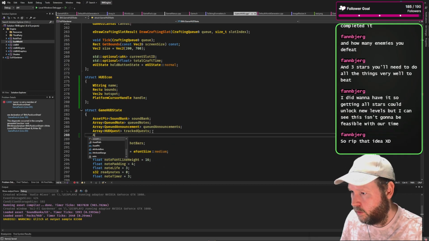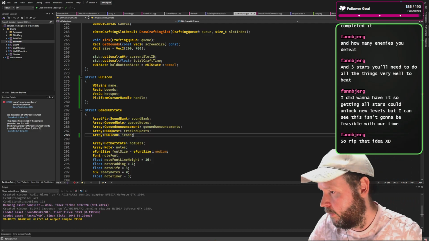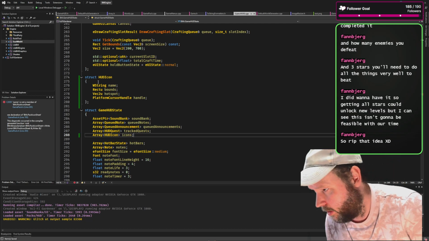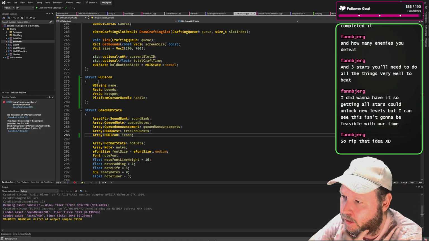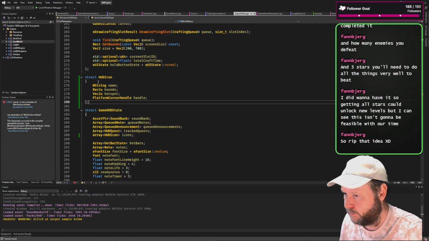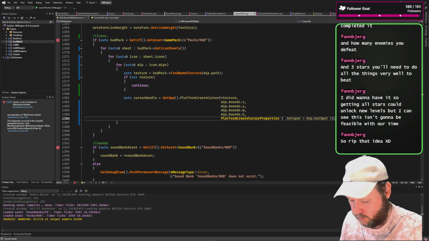So we'll just have array HUD icon, icons. So this will eventually have to get, like, some of these will have to get associated with, you know, items and stuff eventually. So we're gonna go